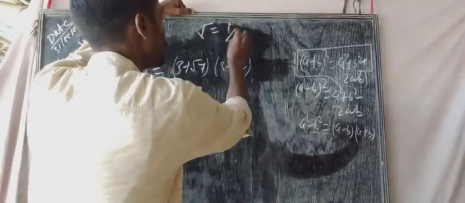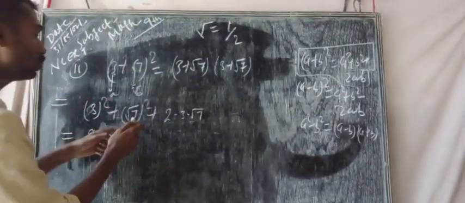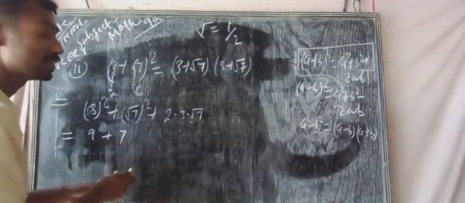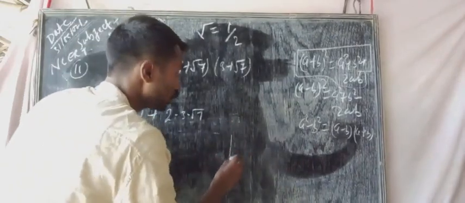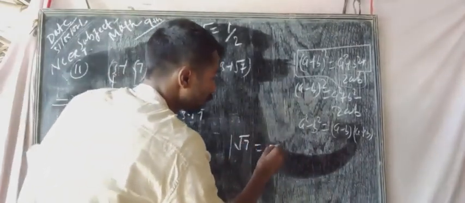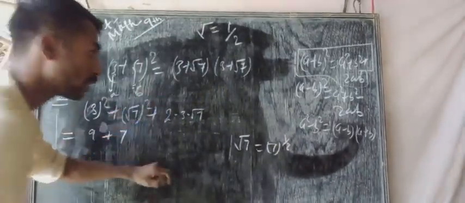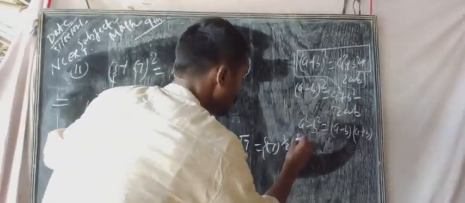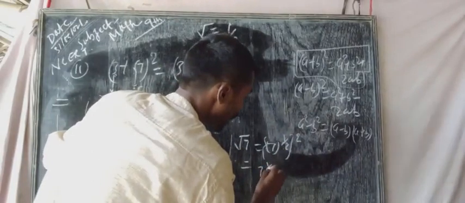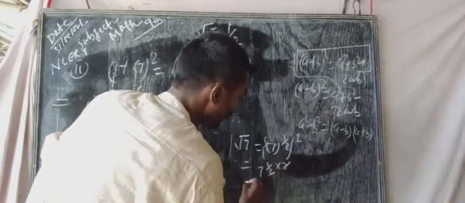We will discuss what happens if the power of a root is half, that means 1 by 2. So root 7 can be written as 7 to the power 1 by 2, and the whole power 2. So 7 to the power half into 2; the 2s cancel. That means 7.